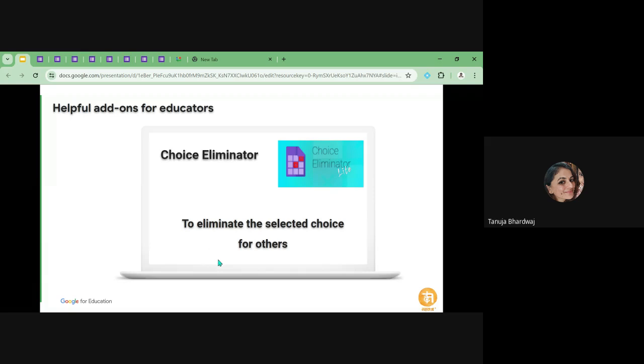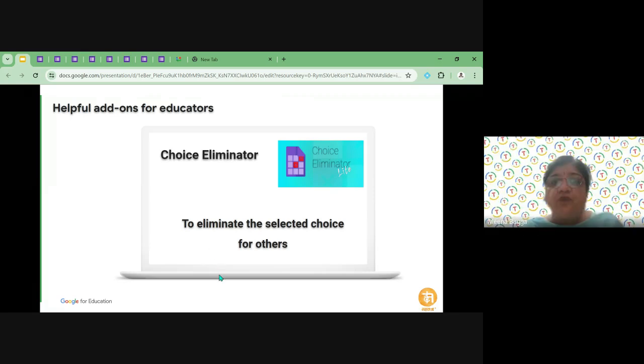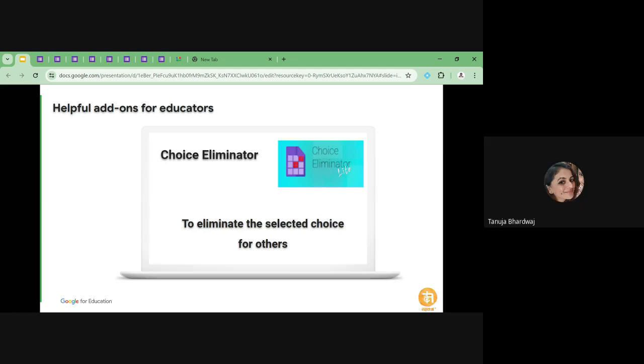No, it is not possible, because whenever we create this type of group, we make one person the group leader also. We give the right to that person only. Right, ma'am. Okay, ma'am.